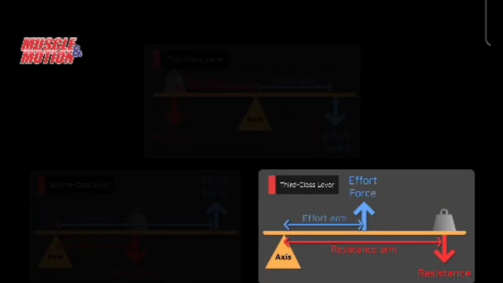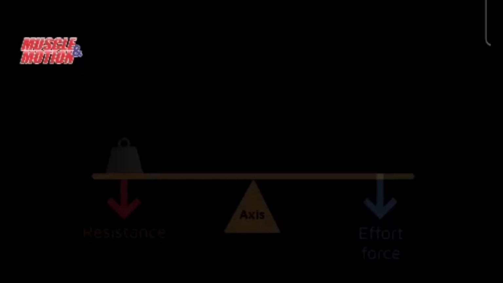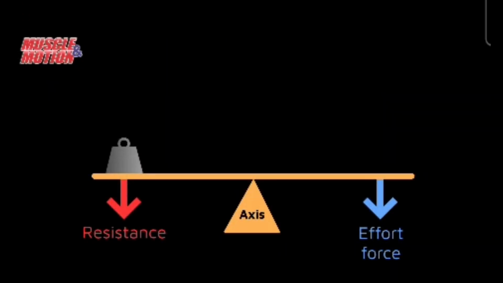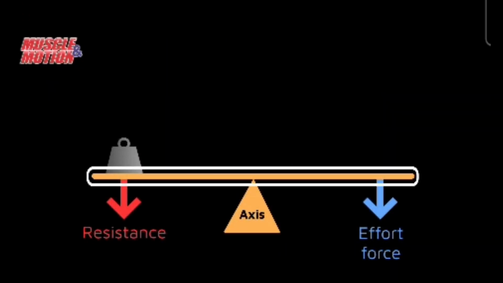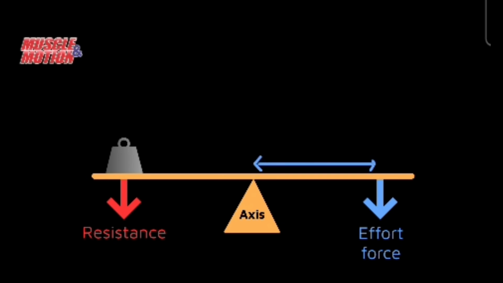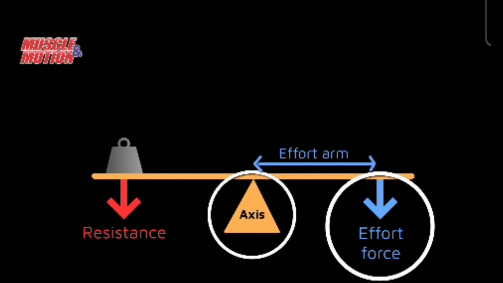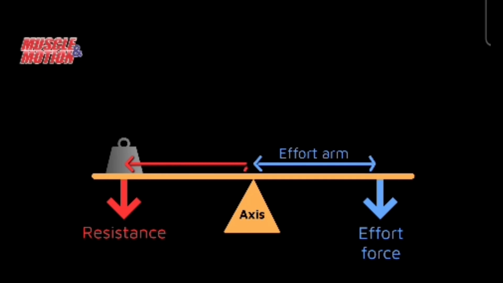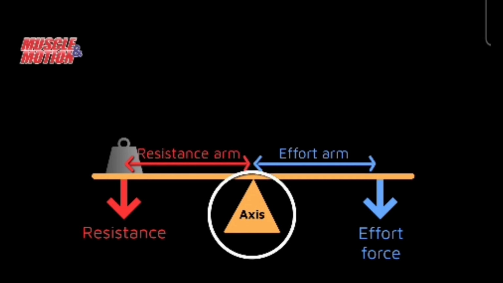and third-class levers. In mechanical terms, a lever consists of a rigid bar or beam that is supported at a pivot point known as the axis. There are two essential components that make up every lever. One is the effort arm. The effort arm is the distance between the axis and the point where the effort force is applied. And the second is the resistance arm, which is the distance between the axis and the point where the resistance